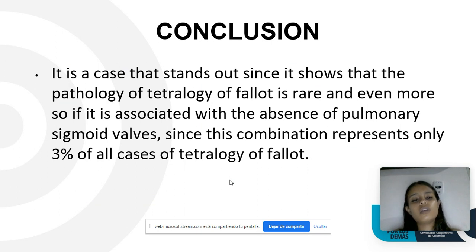And okay, the conclusion. Fallot has a poor prognosis due to its severe malformation, and that causes severe pulmonary hypertension and complicates the management of heart failure. Okay, in this case report, the patient was diagnosed with a tetralogy of Fallot and an absence of the pulmonary sigmoid valves. And discuss